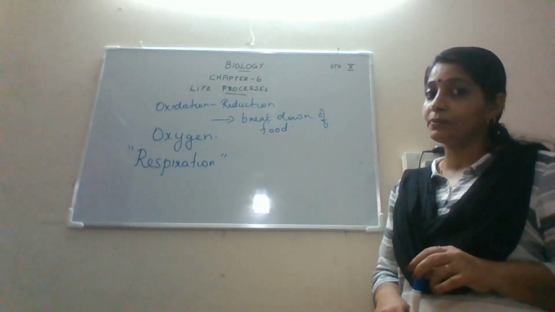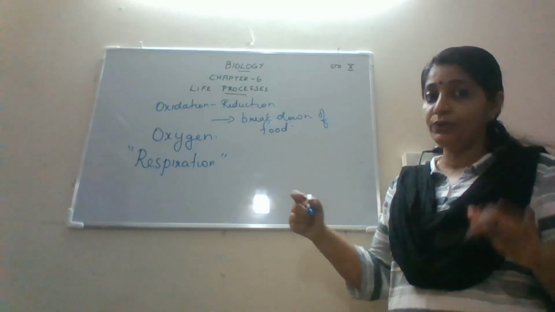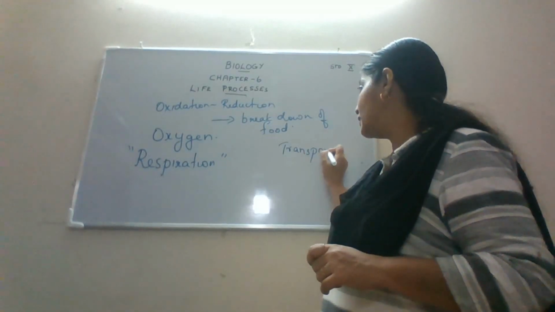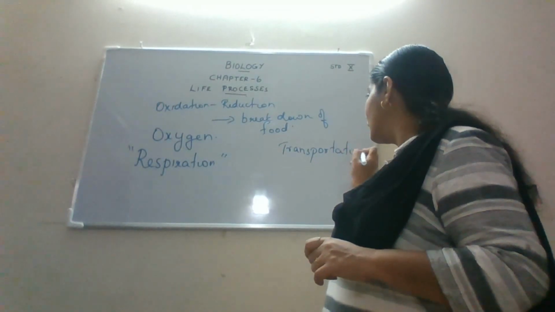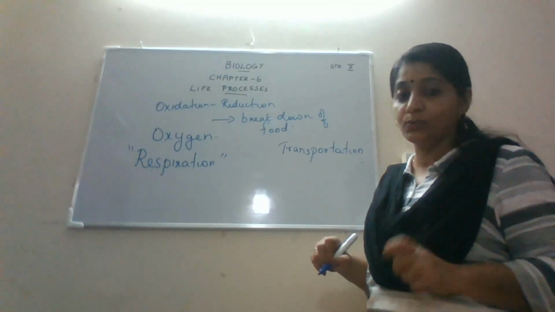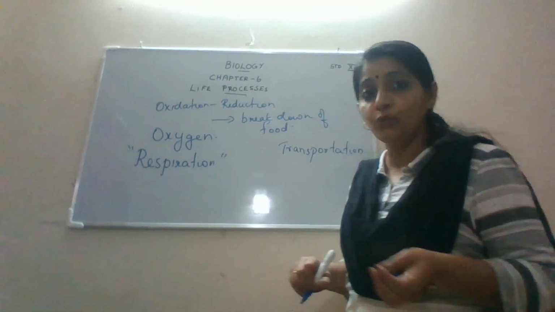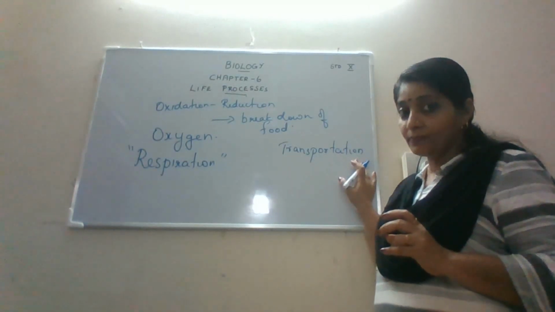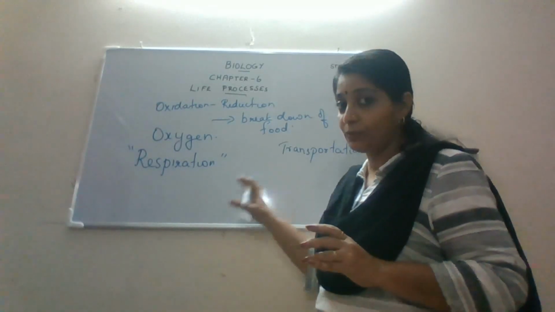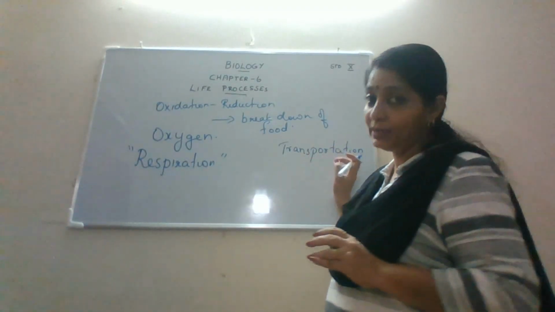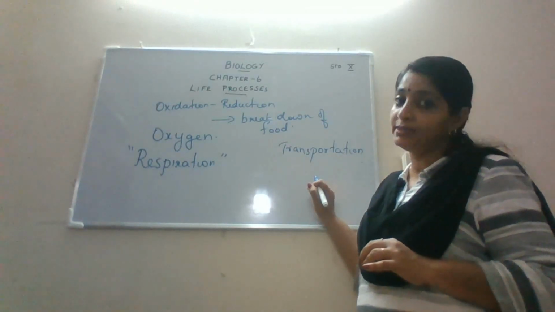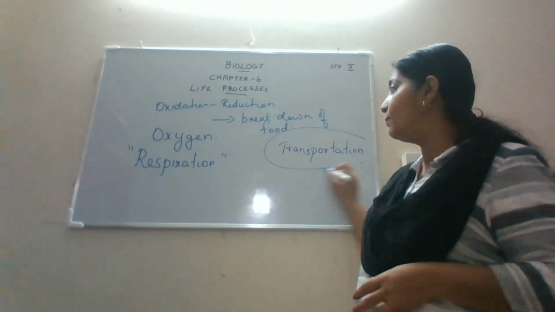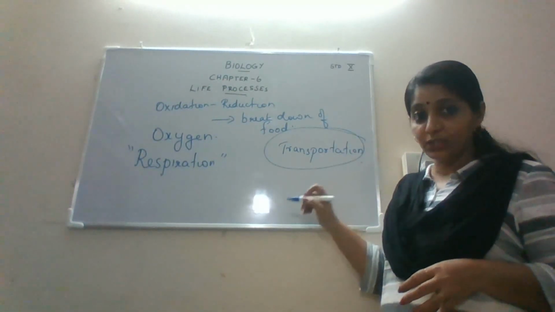So the next life process which we have to deal with in this chapter is transportation, which involves the circulatory system, the heart and the blood vessels, which help to transfer materials within the body and its organs. Oxygen can be carried by the blood. Carbon dioxide, produced as a byproduct of respiration, can be carried back by the blood. And the nutrients needed for the cells can also be carried by the blood. All these happen with the help of blood, and that is transportation.